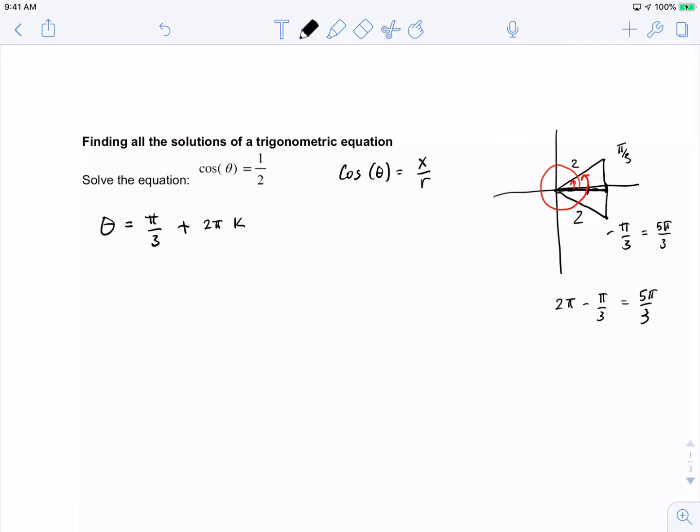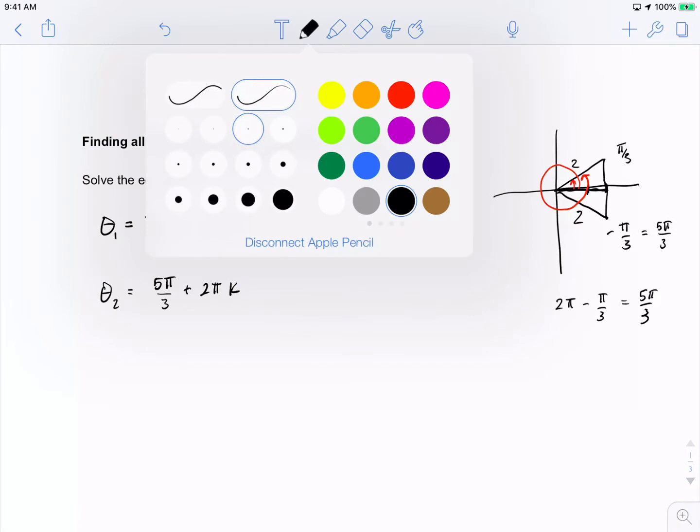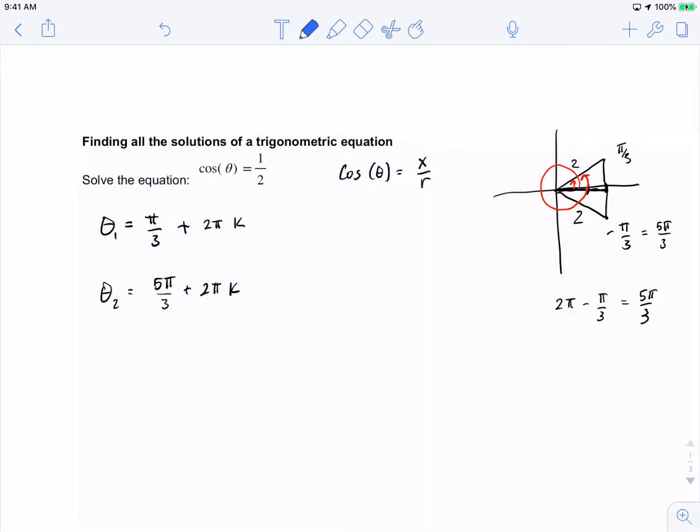So that's one set of potential answers. The other set of potential answers is at 5 pi over 3 plus those same rotations. And so what would happen there? The initial angle is from here to here, but then again we can get there by going a full